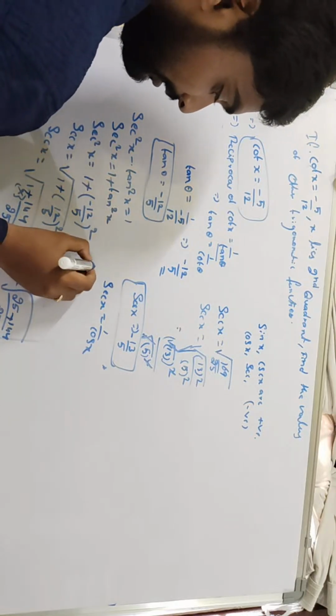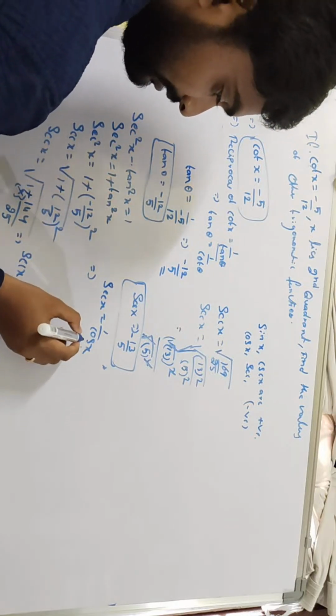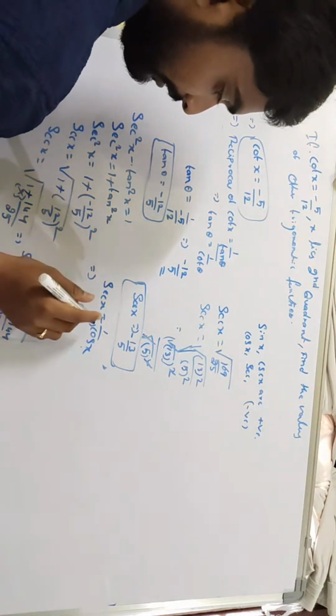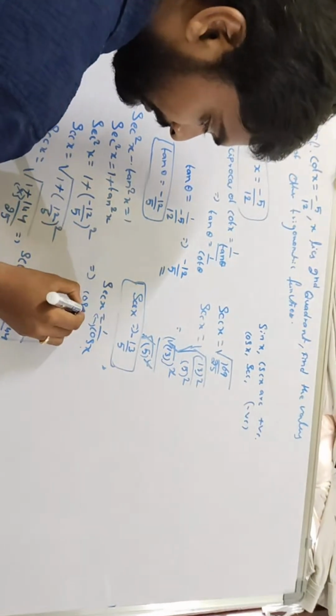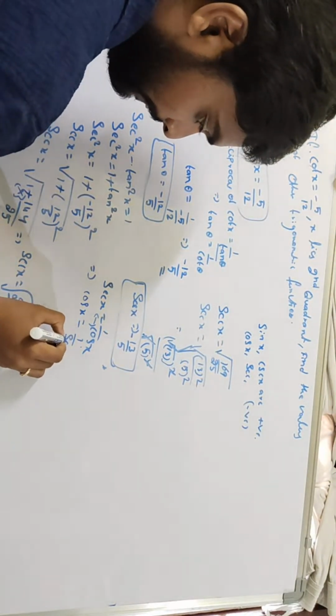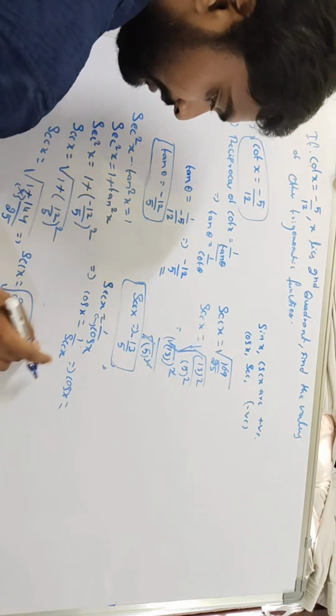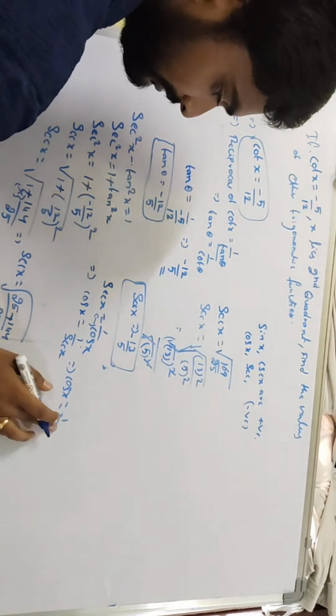We already know this. For finding cos x, we get cos x is equal to 1 by secant x. That implies cos x is equal to 1 by, so minus,